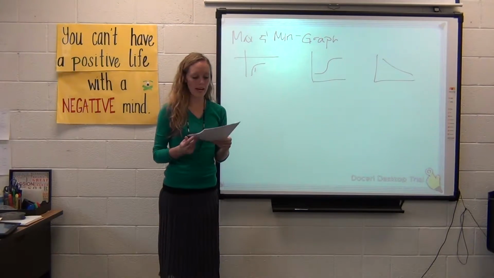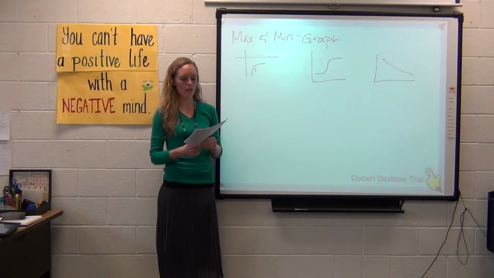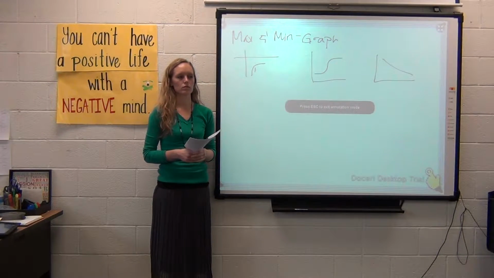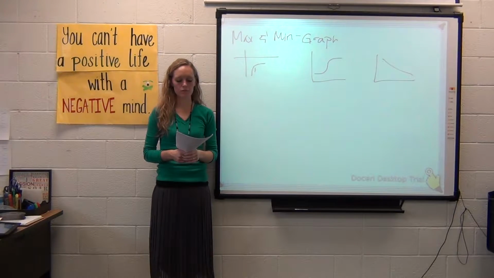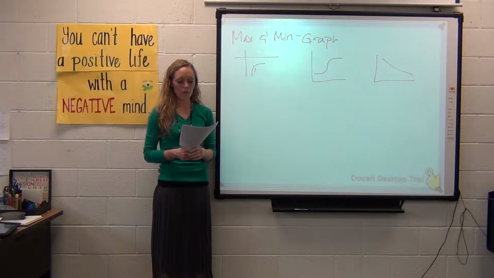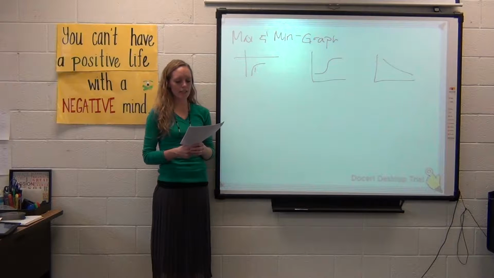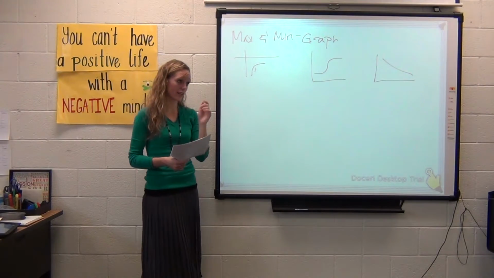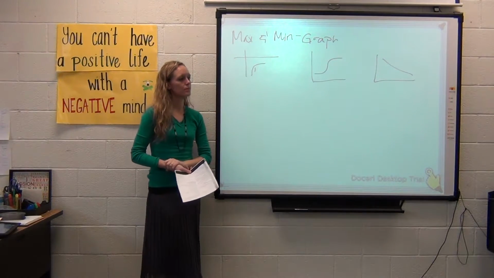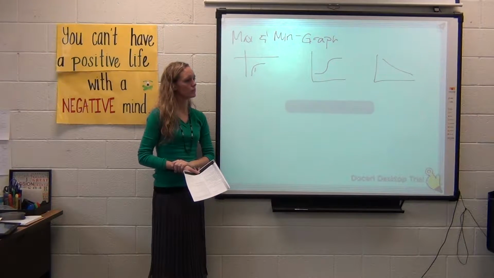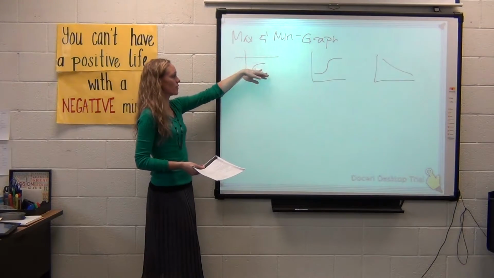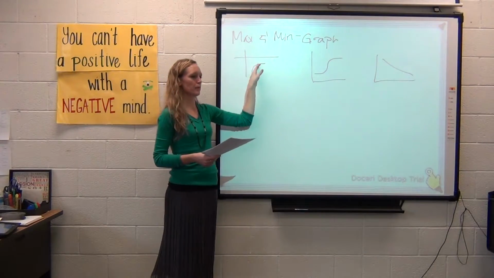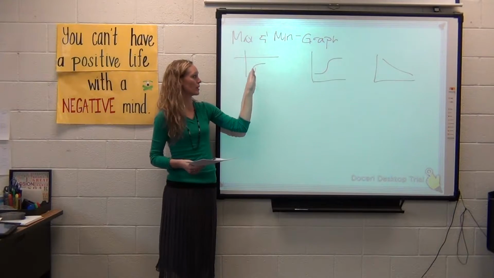Okay, so for part A, f of x is increasing and concave up. Which graph represents that? Graph 2. Part B, f of x is decreasing and concave up. Which? Graph 1. Why? Because it is below the x-axis. So because this function is below the x-axis, my function must be decreasing, because this means that my derivative